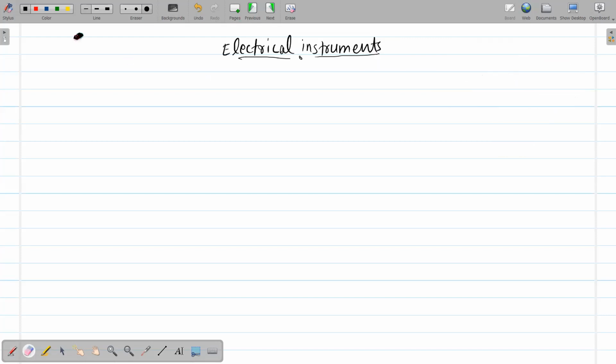You know, what is the use of ammeter? It is used in measuring current, definitely. What is the use of voltmeter? It is used in measuring voltage, definitely. But these two devices, ammeter and voltmeter, are made by using a very basic device that is known as galvanometer. So before starting the discussion of ammeter and voltmeter, we'll have to talk about galvanometer firstly.